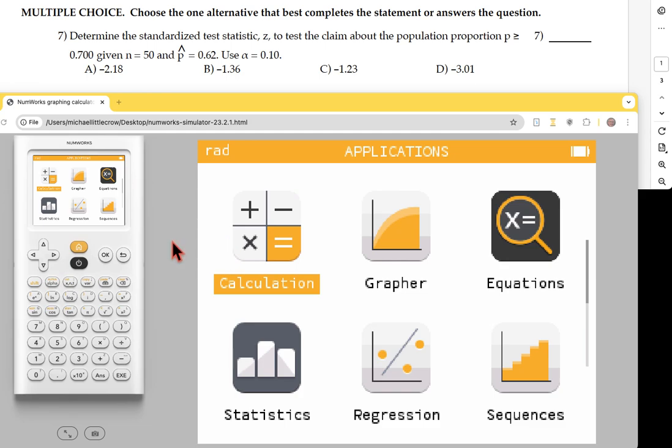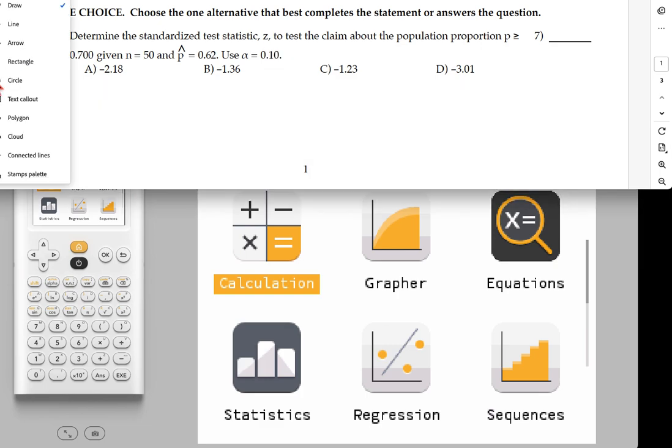This exam 3 practice test. Okay, we're determining the standardized test statistic Z. So we're wanting to find the Z value, and what we're setting up is to test a claim about a proportion, that the population proportion is greater than 70%,